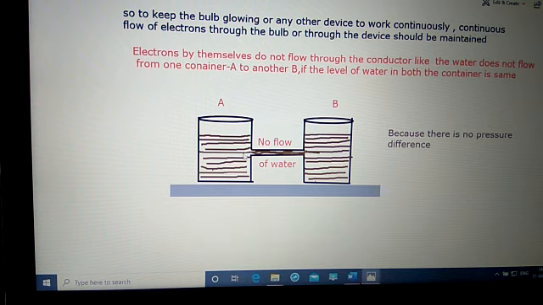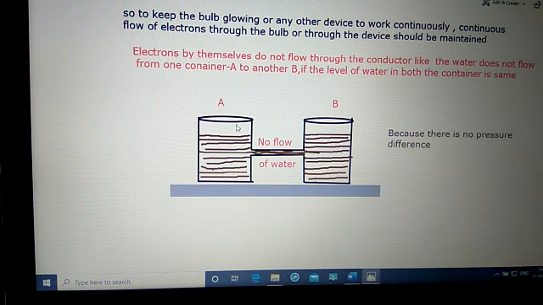before answering this question, let us add some more water to this tank A. So we'll fill the water up to the brim, up to the edge completely. Then the height of the water column increases here. Because the height of the water column increases, there is more water and more weight of the water, so the pressure at this point increases. Here the pressure is less now. Here the pressure is more.